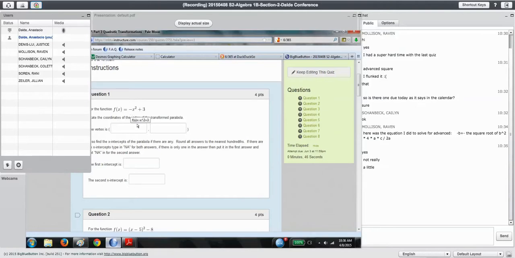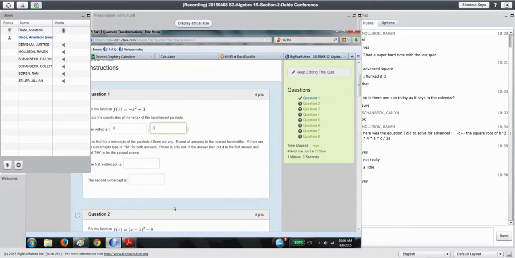So as far as the coordinates go, it always starts at 0, 0, but since the y value is going up 3, it's going to 0, 3. Does that make sense? That would be where the vertex is located. I can do this without even graphing it. All right, the first x-intercept. Now,